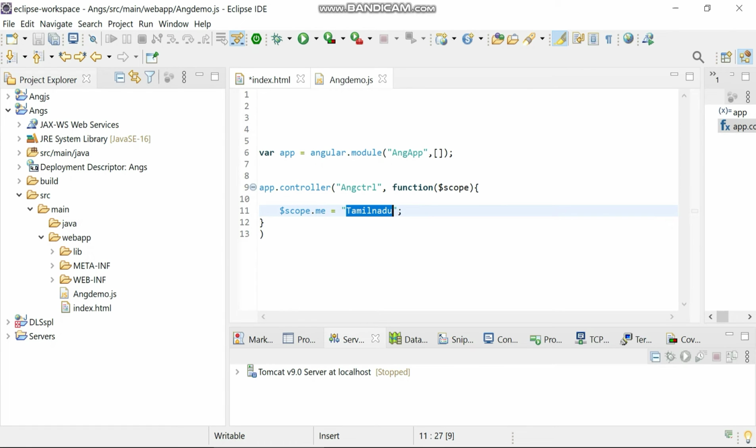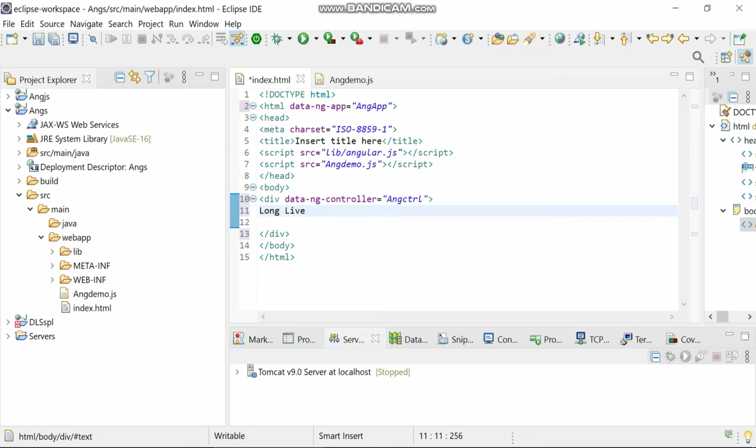How do I access it in HTML? Inside this controller, ng-controller equal to that controller name, I have given the controller name, and then I use the two brackets.